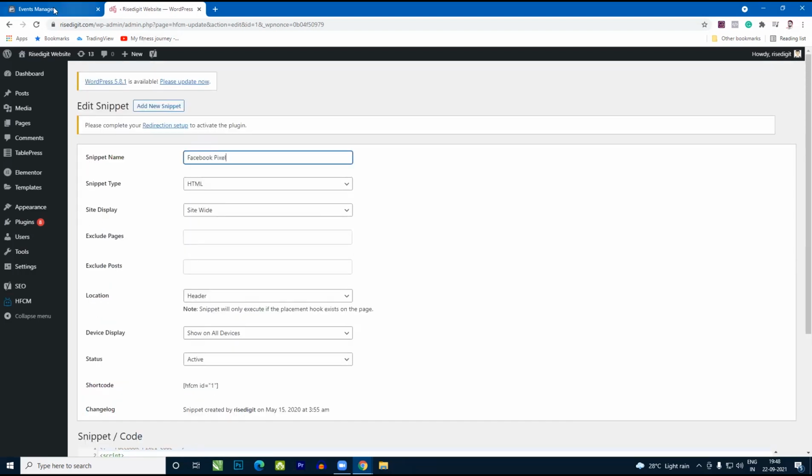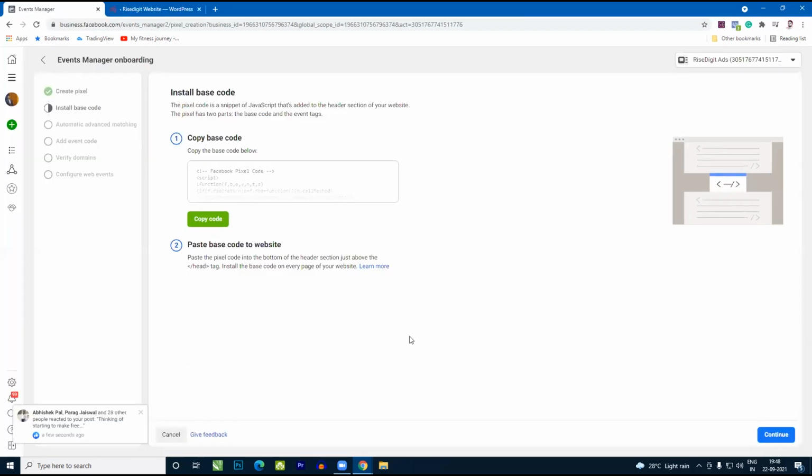So let's come back here to the events manager section. Hope you are understanding. I know it might look a bit overwhelming to you. Data is important. If you don't get the data, if you don't know what kind of things people are doing with your ads on your landing page, you will not be able to take action afterwards.